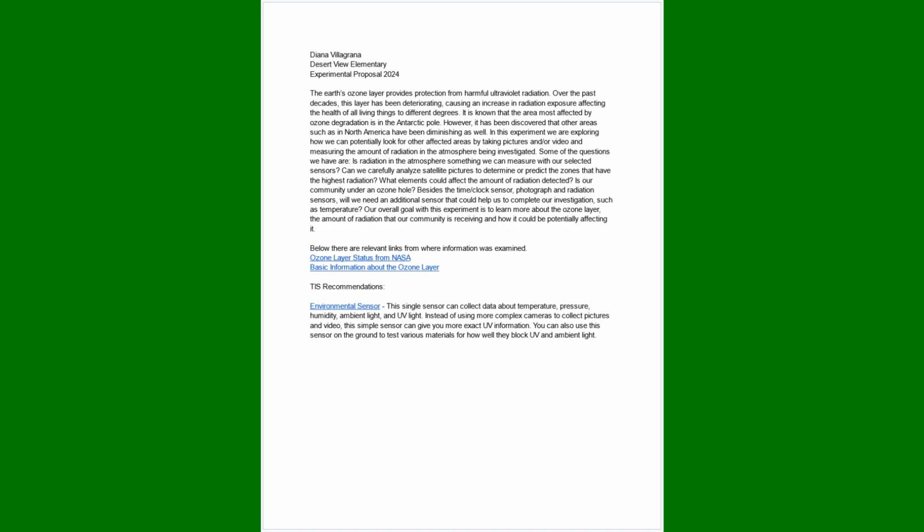Yeah. So based on what you wrote here, it seems like they want to know where the UV radiation is, right? Like where it might be hitting harder than others. I don't know if the area is going to be about the same. If we really wanted to compare it, we might have to go all around the world, but we're just going in a small area.